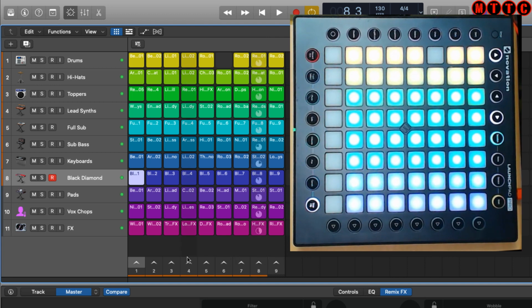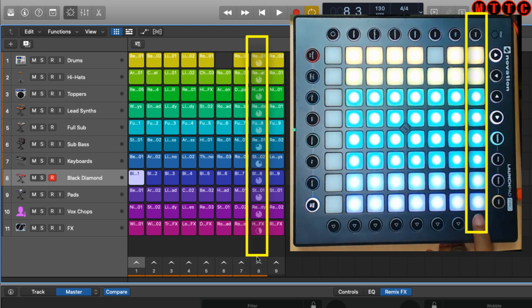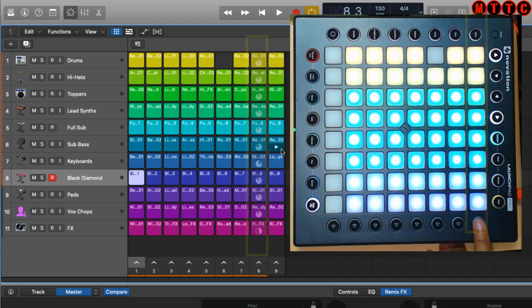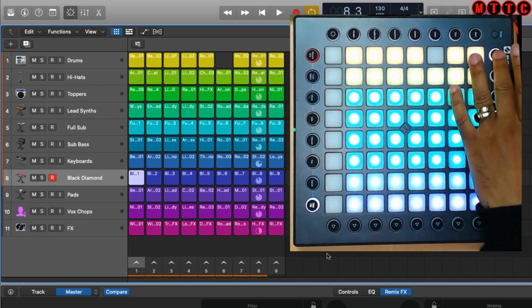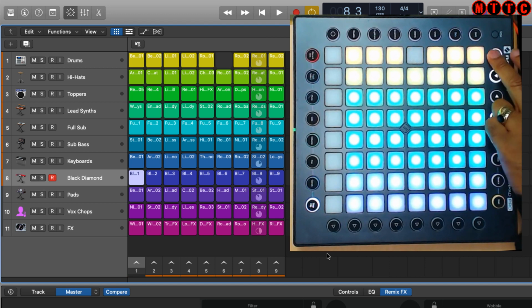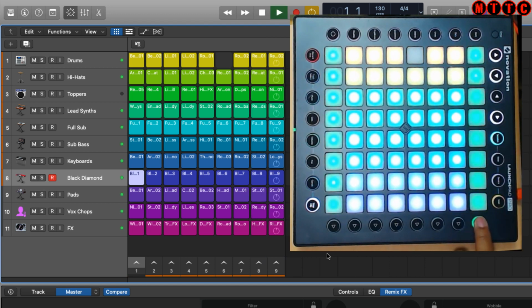Great. So I've been launching all of the columns using my Launchpad Pro. But if you notice here, when I press this one right here, that launched this one, which means this is out of view. So in order to access this column on the Launchpad Pro, I need to hit the up button or sideways button. And now that becomes available. So if I press now,